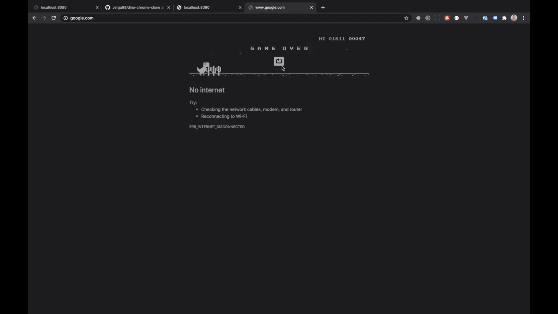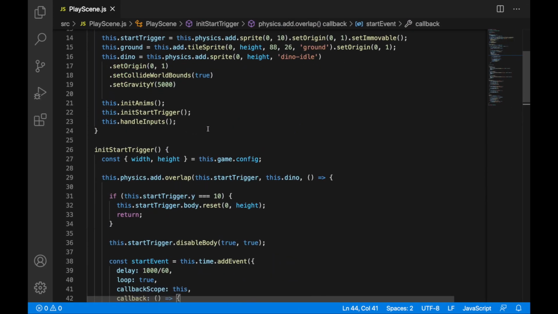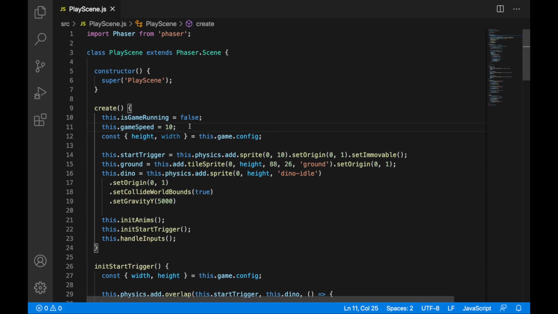Okay, this is working, we can continue, and we need to create some obstacles in the way, because of course you can see there are some cactuses in the way, and we would like to also create some of these objects in our game. Okay, so let's go back to our coding editor, and let's initialize this. First I will write here respawn time, so how often I would like to respawn my